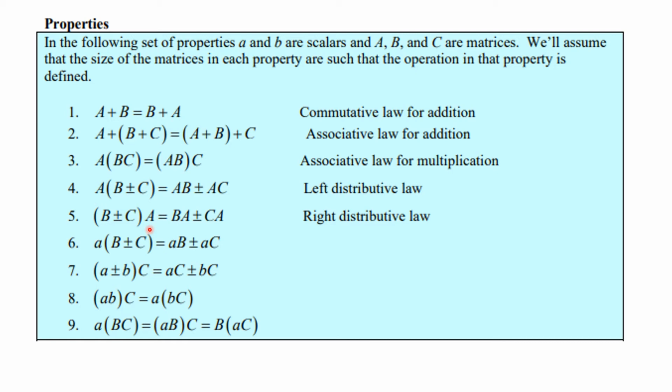Similarly, if we have (B + C) as matrices times A, the A will distribute, but the A is always on the right in this case. This is making note of the fact that matrix multiplication is not commutative. We have distributive properties that work with